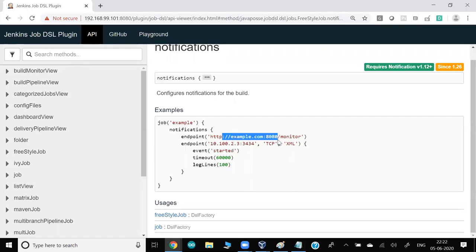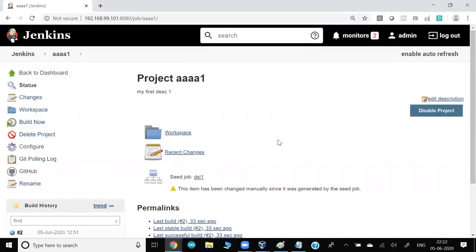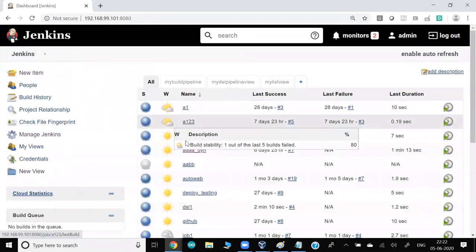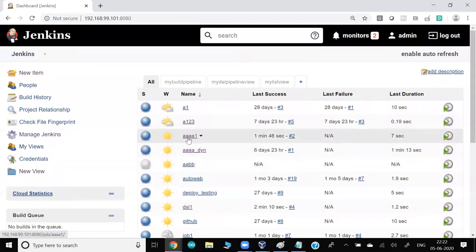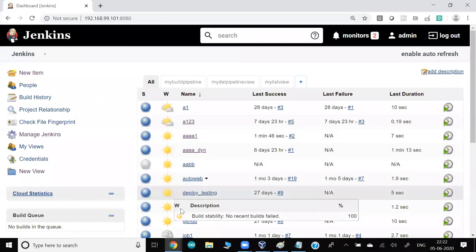Now the interesting thing is, my job has now been configured by code, and this code is in Groovy. So now I can apply all the concepts of Groovy. Okay, so in this code, where's my code? This part doesn't come from the Jenkins portal. So in this code,